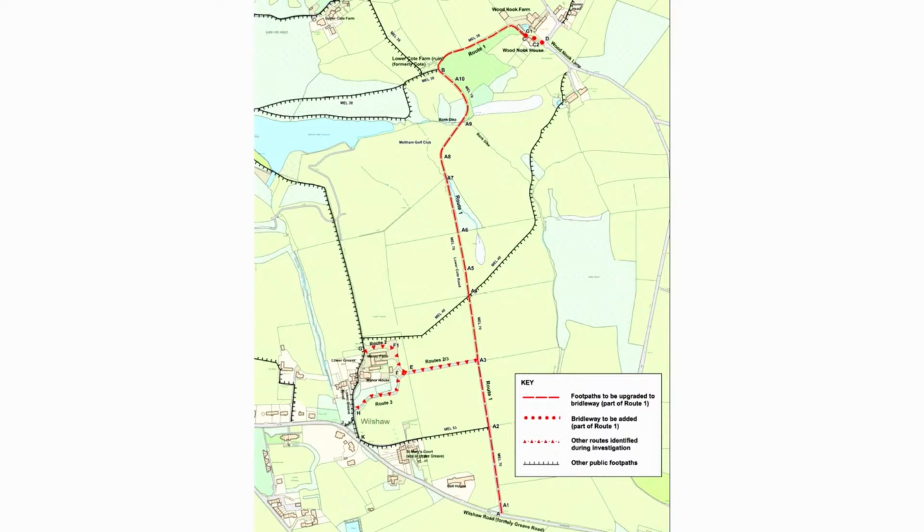Section 53 of the 1981 Act describes various events that would trigger that duty to make an order to modify the map and statement. Those are included in more detail at paragraph 2.25 in the report. The events that are most relevant to these applications are, at 3B, the expiration of any period such that the enjoyment by the public of the way during that period raises a presumption that the way has been dedicated as a public path or restricted byway, and the discovery of evidence, when considered with all other available evidence,